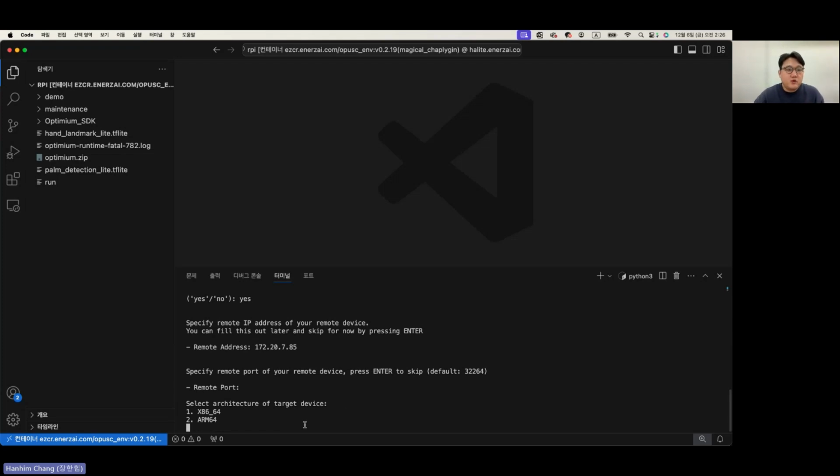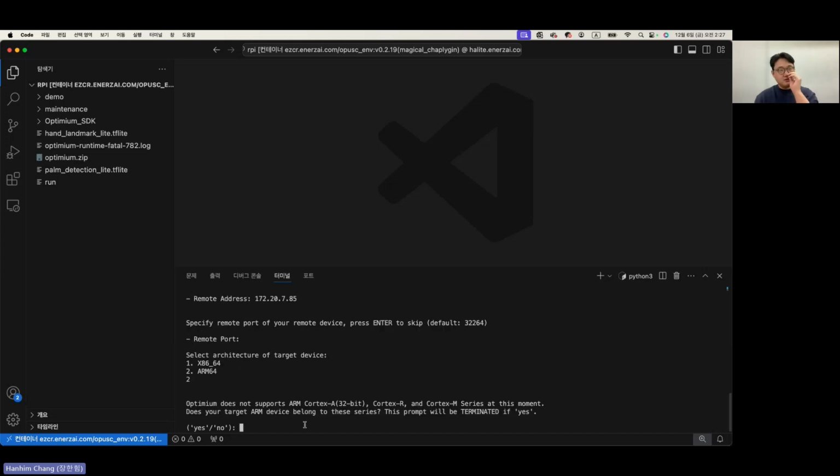The next prompt asks you to specify the architecture of the target device. In this case, since our target device is a Raspberry Pi 5 with a Cortex A76 CPU architecture, it will be ARM64. But as I've mentioned previously, if your CPU is an Intel x86 CPU or an AMD64 CPU, you should have selected 1.